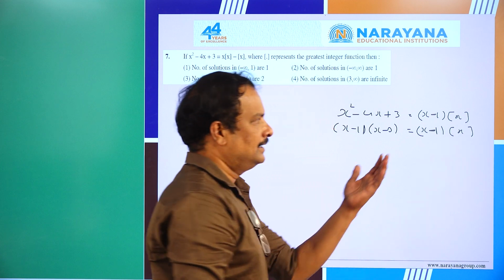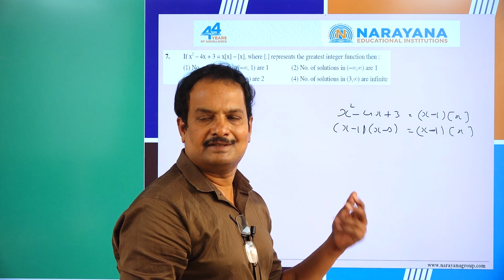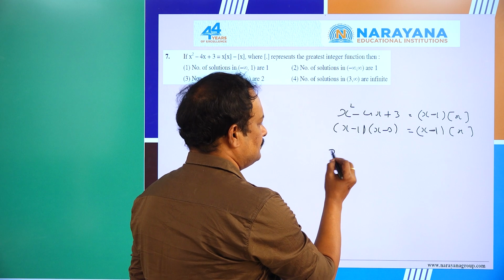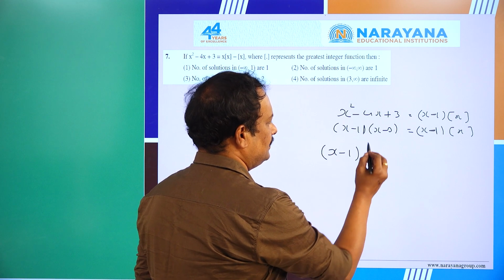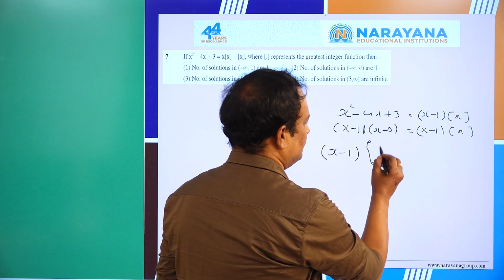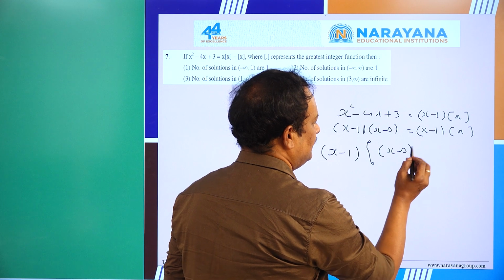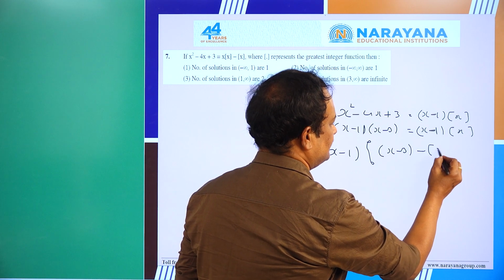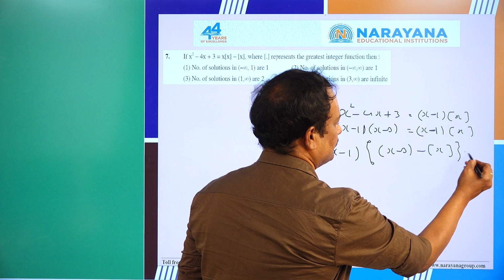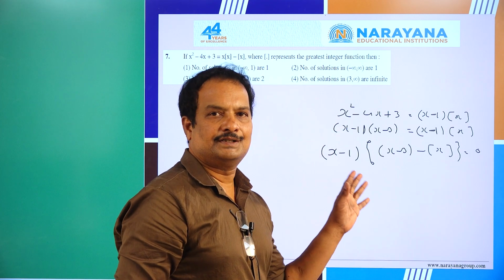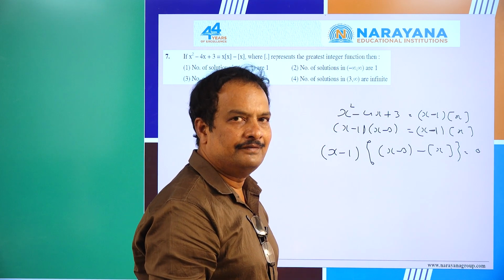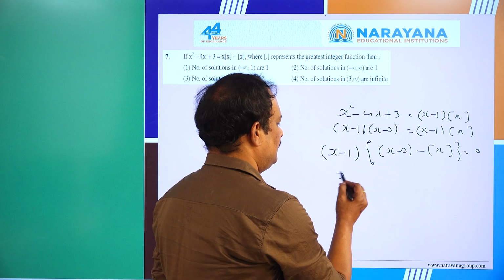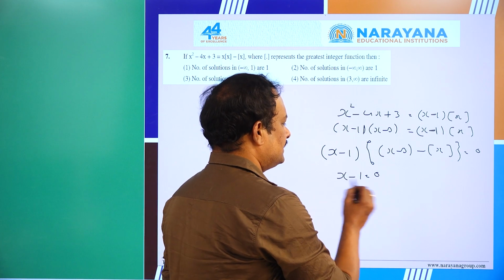So in this case, you can bring all the terms to one side, and x - 1 can be taken common. So this is (x - 1) into, what about the remaining terms here? Here we have x - 3 minus [x], and that is equal to 0. So that means either the first one is 0 or the second one is 0. If the first one is 0, for example x - 1 = 0, x = 1, that